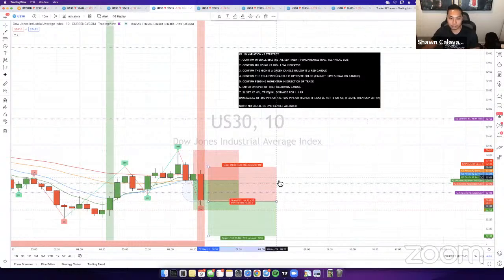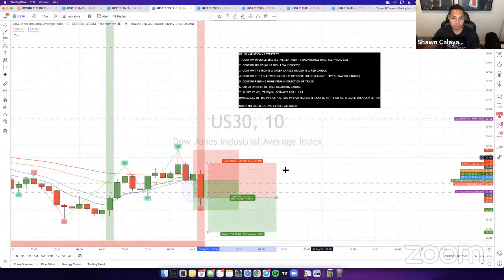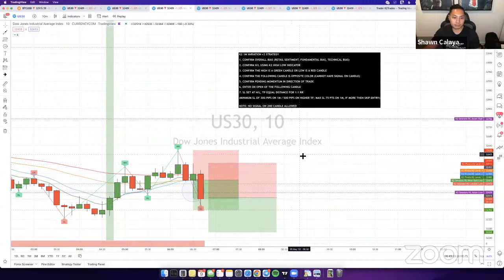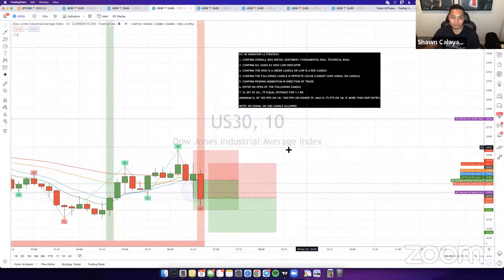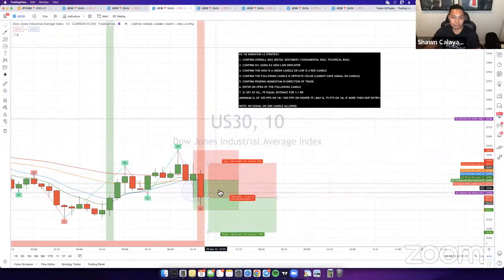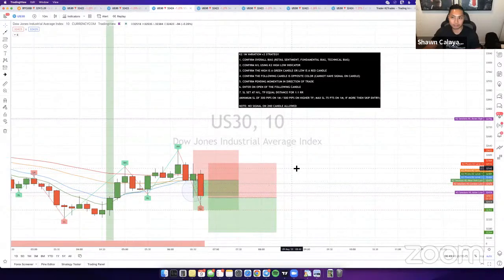I know a lot of you guys are antsy and excited. You always want to hop into trades, which is great, but you also got to be smart. You can't be taking dumb trades just because it fits the majority of the requirements. You still have to be aware that this trade can retrace up. If you enter too early, you can easily get screwed. So just keep that in mind.